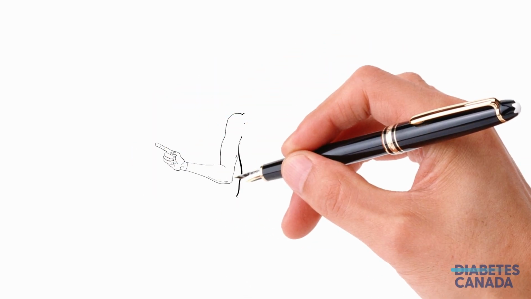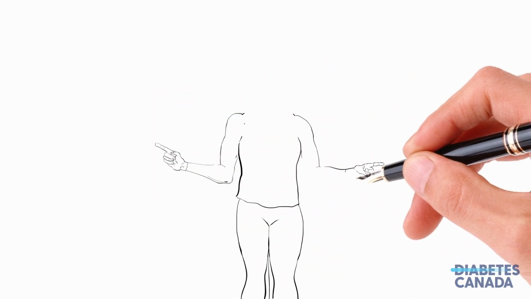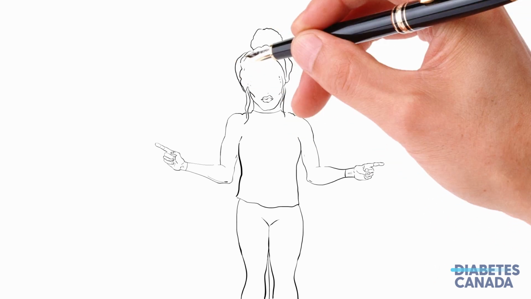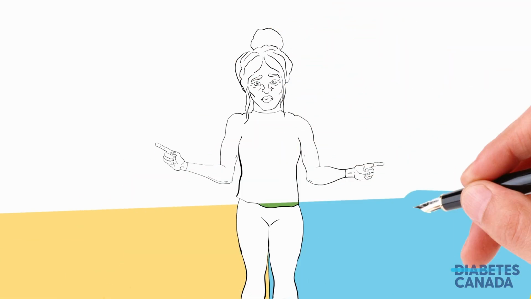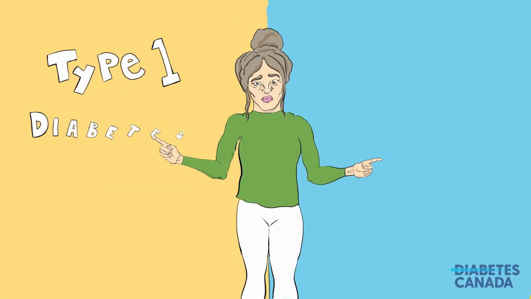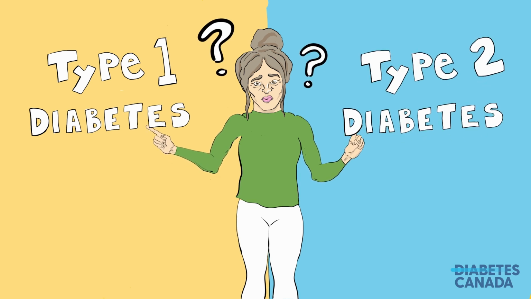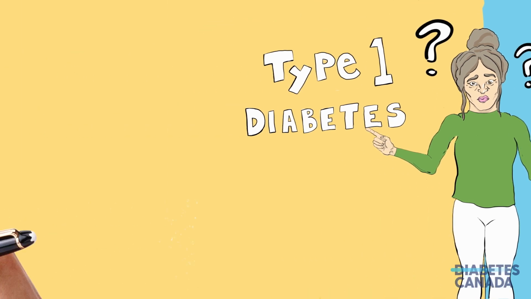Now let's talk about the different types of diabetes and what sets them apart from one another. There are two main classifications of diabetes, type 1 diabetes and type 2 diabetes. There are other less common forms of the condition that people can be diagnosed with outside of type 1 and type 2. You may have also heard of gestational diabetes and prediabetes. We'll explore those too. Let's begin with type 1 diabetes.